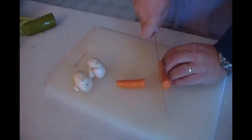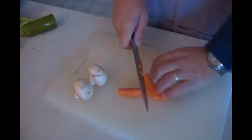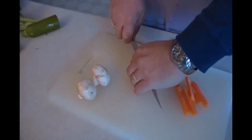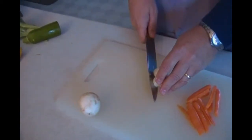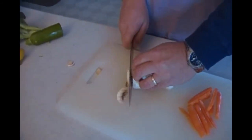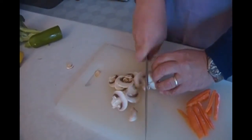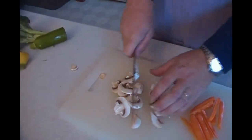Okay, last two things are the carrots and the mushrooms. Just want a bit of carrot for some orange color. Again, cut it in long thin strips. Mushrooms, make sure you cut the tough ends off. And just cut them up a little bit into long slivers. Now that we've chopped up our vegetables and had the required sip of wine,